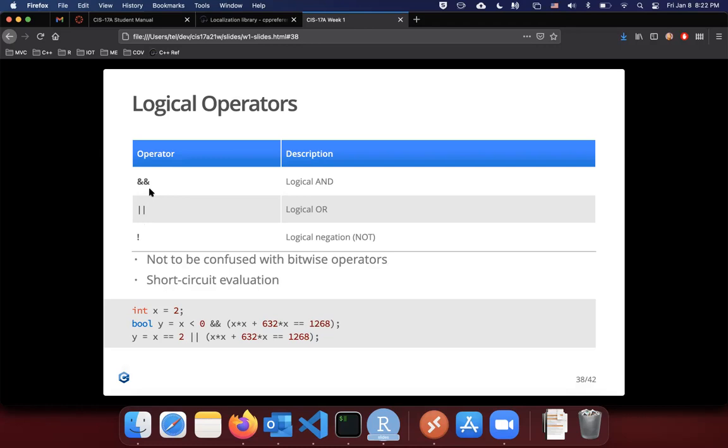And there is a bit of a difference, though, between the logic operators and the bitwise operators. One of the main differences is that the Boolean logical operators have this property called short circuit. Now, short circuit, what does that mean? So here's an example. We have an int x initialized with 2, and then we have this